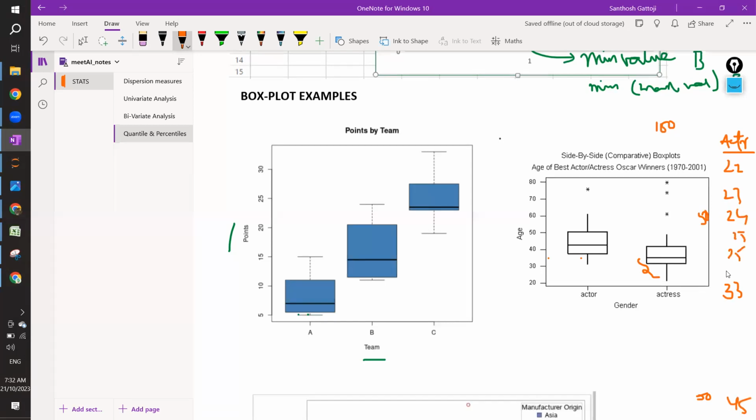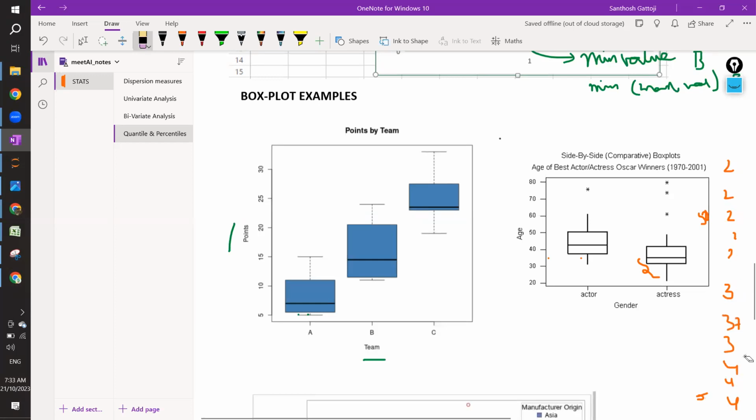Here the values are slightly dispersed, like 37, 39, some 43, again some 40. So the median is slightly closer to the lower bound 22, wherever it is. Fine, guys,